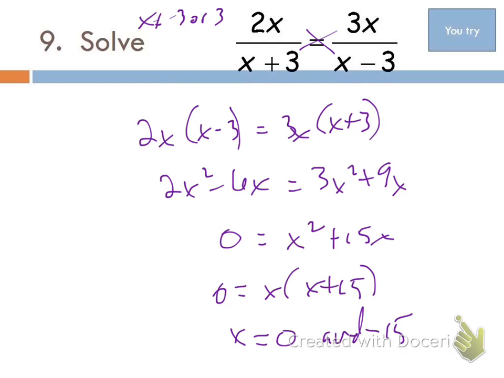Did you get 0 and negative 15 for your solutions? I hope you did. You see the work there. If it doesn't make sense or you don't know what you did wrong, make sure you come in and get some help,